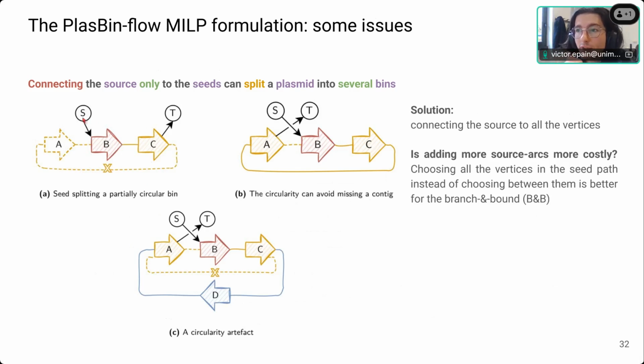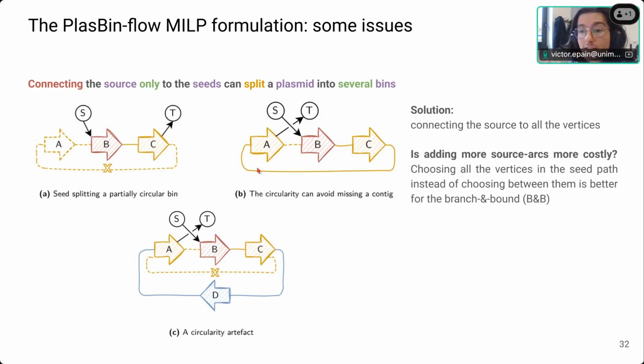The solver will first take B, because you have to go from the source to a seed, because the source is only connecting the seeds. You take B and then you take C, and you cannot take A because there is a missing link. So the dashes are the elements not taken by the solution. The solver can also take BA in reverse, but not C.